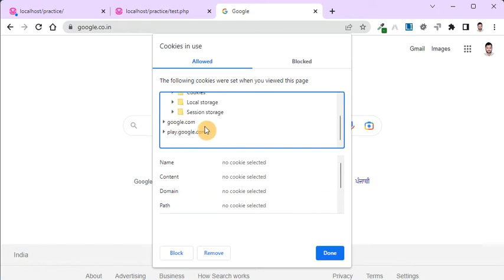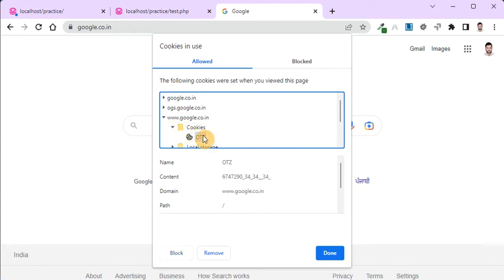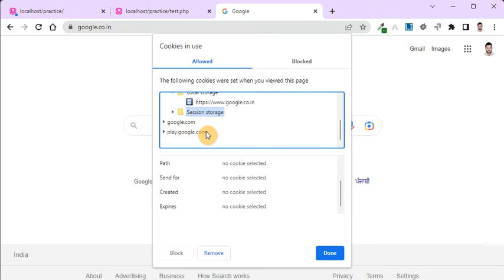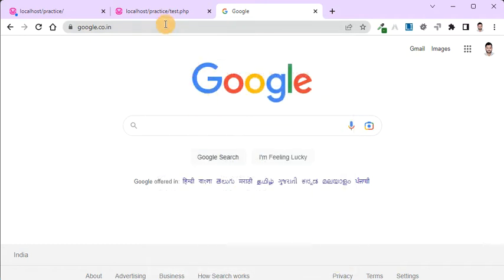Cookies in this place we can see, no, because this is the local storage in this place. No, Google has not given us the permission to create the cookie with their domain name. So this is a kind of security, you can understand. So if we can create the cookie,